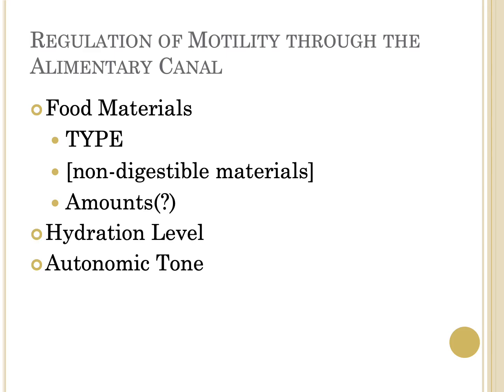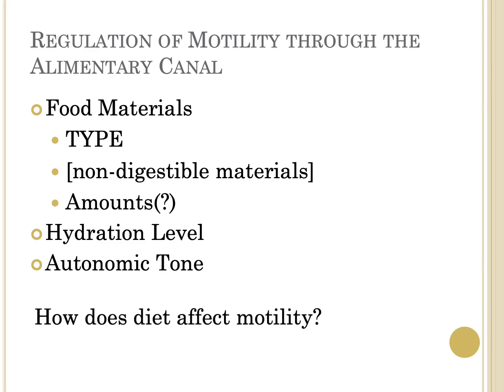Hydration level. If we are dehydrated, we're going to be overly compacting the materials, absorbing a whole lot of water, and that's going to slow down the rate of material. If hydration level is severely impacted, it can lead to issues of constipation. And so whenever we're looking at gastric motility, one thing that we always have to look at and think about when we're talking about this related to our patients and our clients is how is diet going to impact